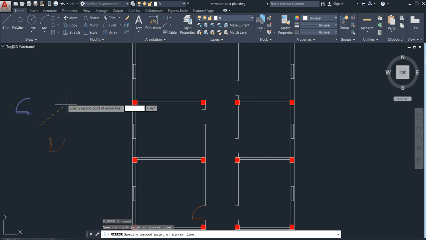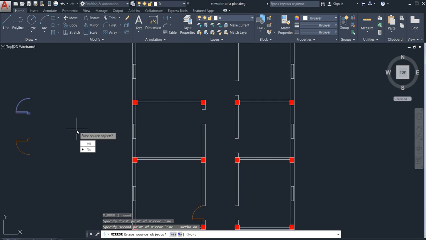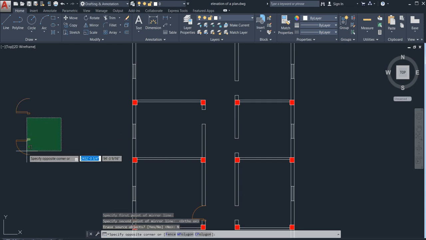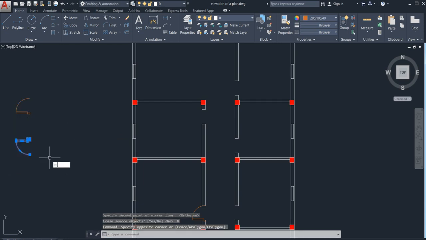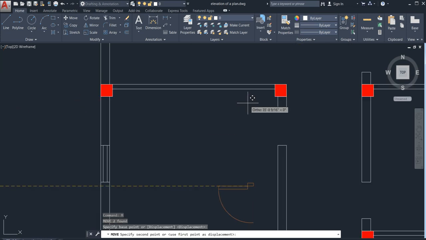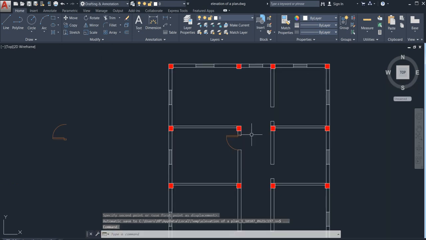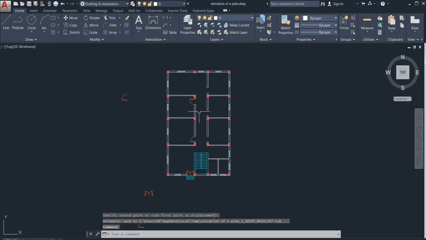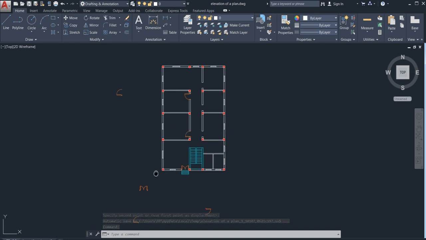No, mirror will not be helpful, this will be helpful. So go for ortho on, just select it, go for m command, just go there and add it here. See, this is the way to do this type of thing.